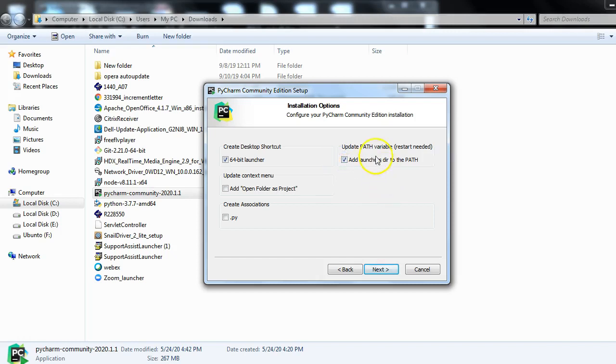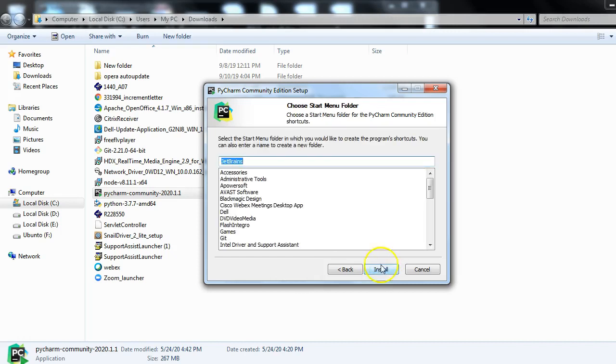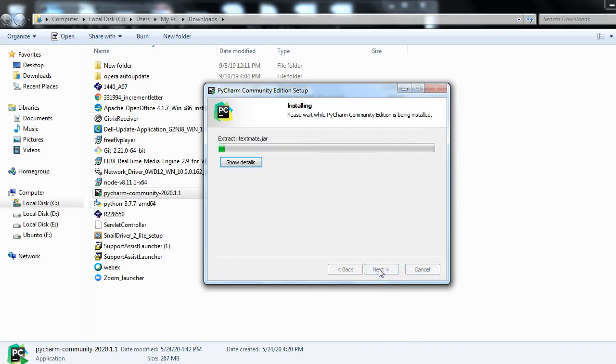I want to update the path variable, and I'll leave these two as they are. The reason is it doesn't matter, it's up to us. Later I can also open any folder as a project, and it's up to us whether we want to create an association or not. So I'll go with these options, and if we need these we can add them later. I'll click on next, choose the start menu, JetBrains, that's fine, click on install,